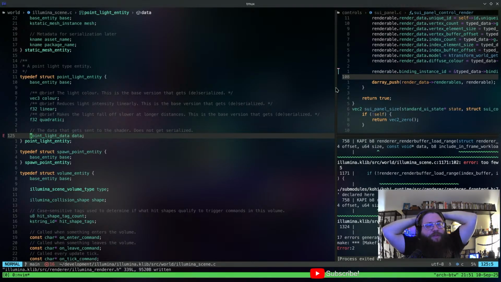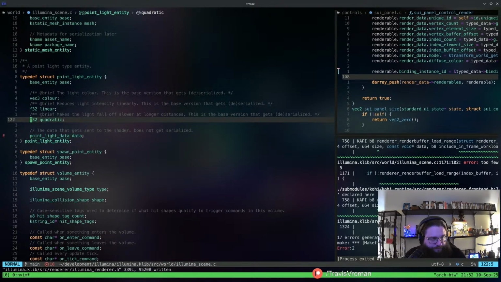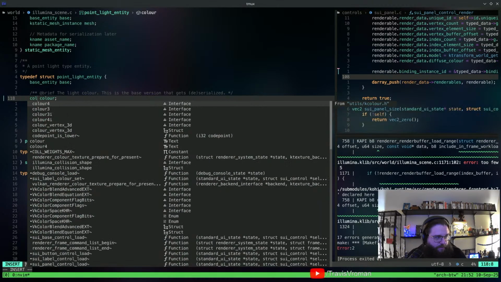So this is the base version that gets serialized, and then we also have the data that gets sent to the shader that does not get serialized. So we need to keep a separation between those two, right? Because when we're editing, we have to bear in mind that the color of the light can change over time, right? But we don't necessarily want to save that state. For example, if we're previewing the scene or something like that, we want to know what the initial state is, right? So this should be a color 3.